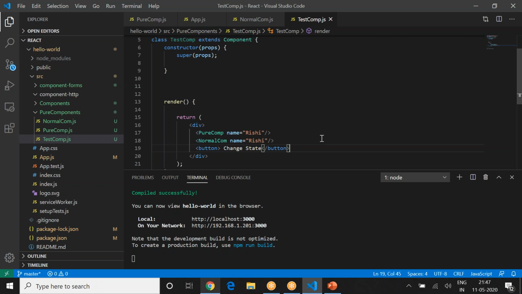Cool with this. So now what will happen is, okay, forget about button. Button is not needed. We are changing that on the property. We are actually setting a property and sending it there. Good with this. So now this property must be read in my pure component. So pure component will take this property and put it there. So how do we do that? So you just print this dot props dot name. Good with this. So let's actually add this dot props dot name. Okay, and make sure that it's available.